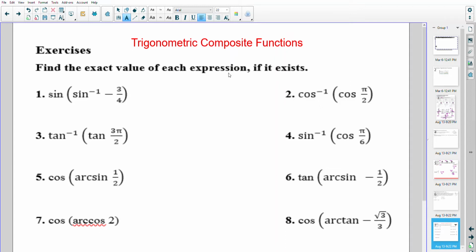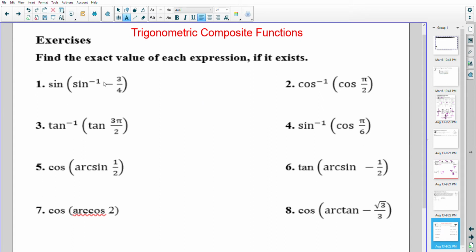When evaluating the composite trig functions, there are a couple cases that can be a little bit different. First of all, when you have the composite of two inverse functions, such as the sine and the inverse, what you're doing is undoing what you just did. So that means that you are going to get what you started out with. Therefore, this is going to equal a negative 3/4,